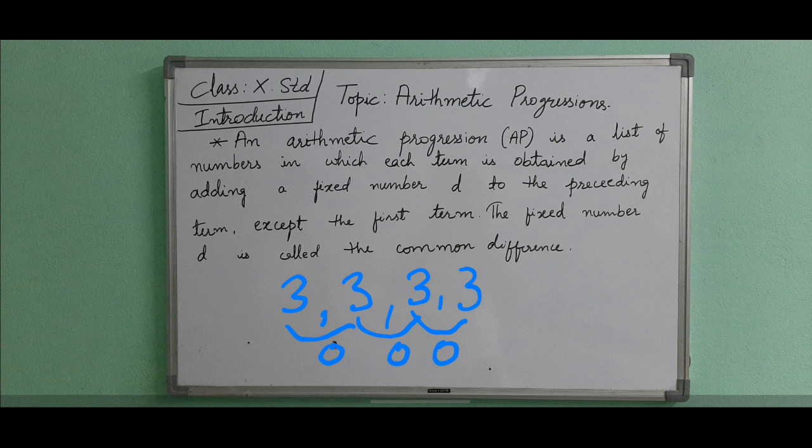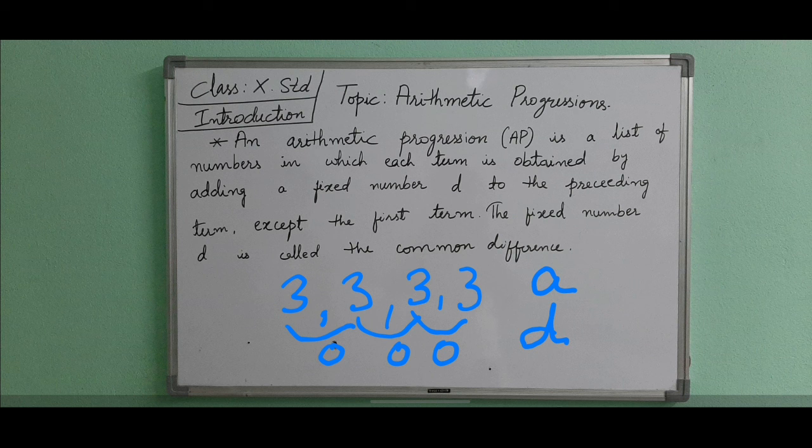In arithmetic progression, the first term is called A. Whatever the given first number is, that is called A. And the difference between any two consecutive terms will be D. What are the two terms we have to remember here? A and D. A is the first term of the sequence and D is the difference between any two consecutive terms. Any two consecutive, either it is the second or third number or fourth or fifth number, but the difference will be same. This is your condition for arithmetic progression. Whenever the difference is same, they are in AP.